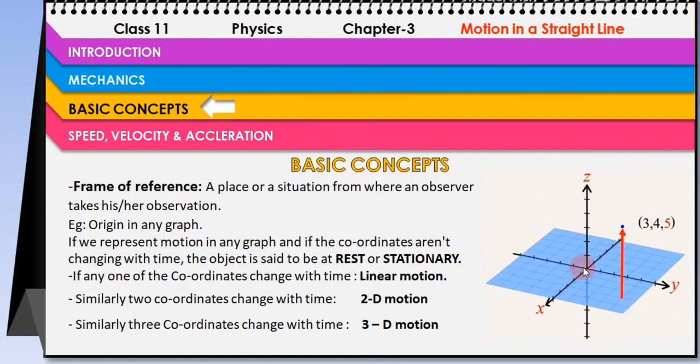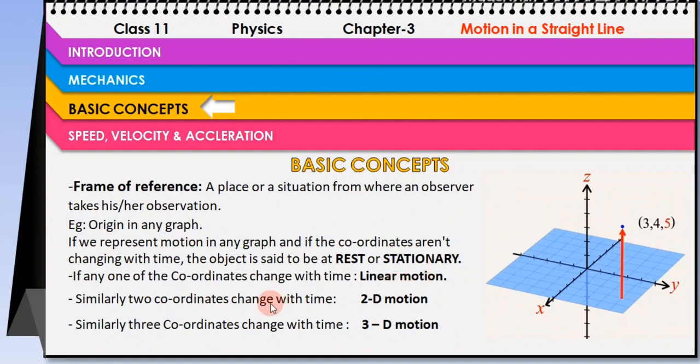Now if you see very carefully, 3 is the x coordinate, means this point over here is going towards x axis like this, and how much is the distance from origin? 1, 2, and 3. So 3 will be the x coordinate. Same way on the y axis it is 1, 2, 3, and 4. So y coordinate is 4. But on z coordinate you see 1, 2, 3, 4, and 5. Exactly in front of this it is located. So the fact of studying this is that a point in space can also be represented, and that will be represented